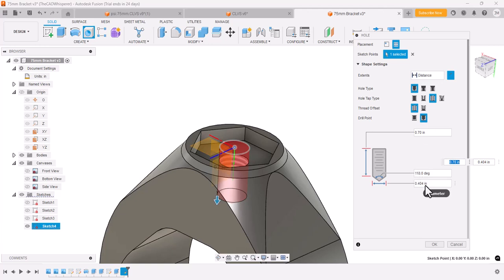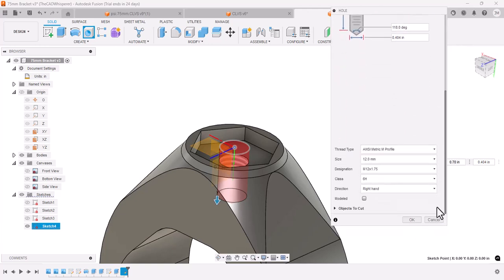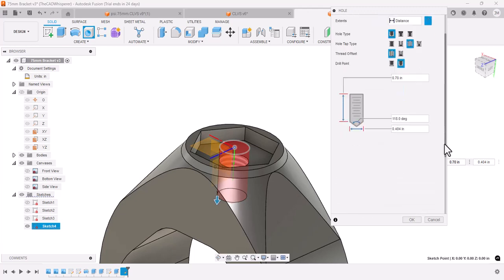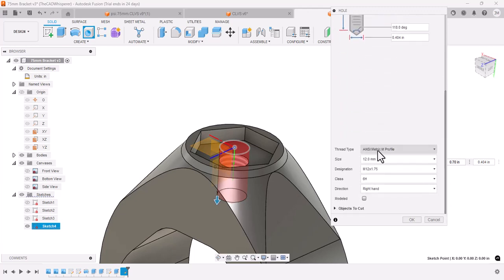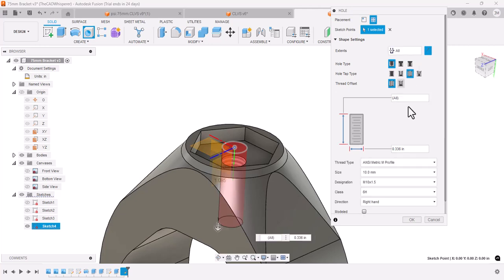I prefer to do it this way, and then I'll do a hole, and I'll select that point. I'm going to do a threaded hole, and I need to do the specification as an M12. So I'll come down here, and that's kind of confusing that there's all this wasted space here, and you might not even see this down here. And I'll say ANSI metric M12 by 1.75, and the distance I want to go is through all. So I'll select that and tell it to go all the way through the part,